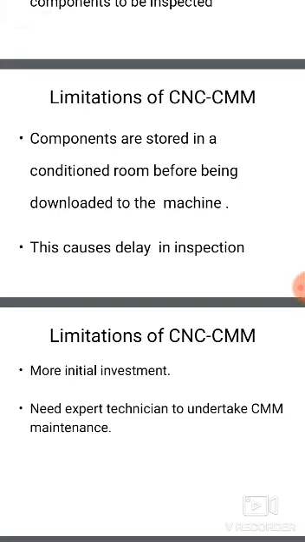That is one limit. Next, CMMs are located in a separate space away from the manufacturing area, which gives rise to unnecessary transportation and handling. As the machine is very far from the manufacturing area, the manufactured material has to be taken to the inspection machine, which is very far. So transport rises unnecessarily for handling the goods from here to there. Okay, that is the next limitation.